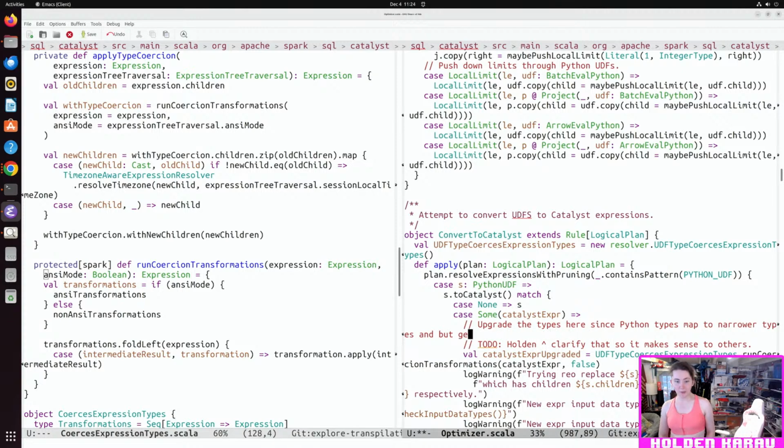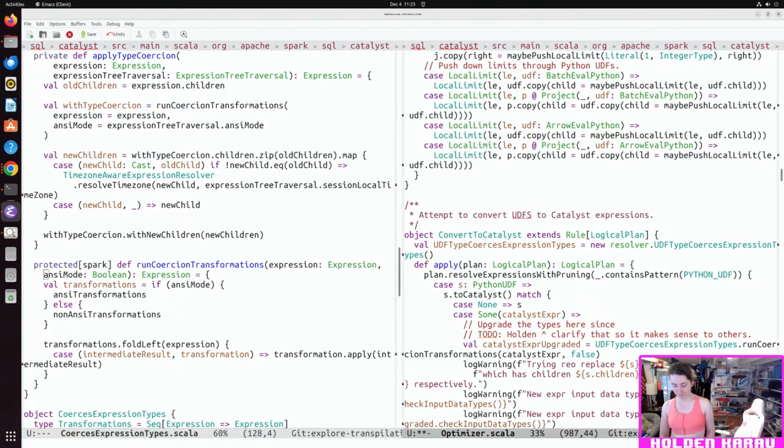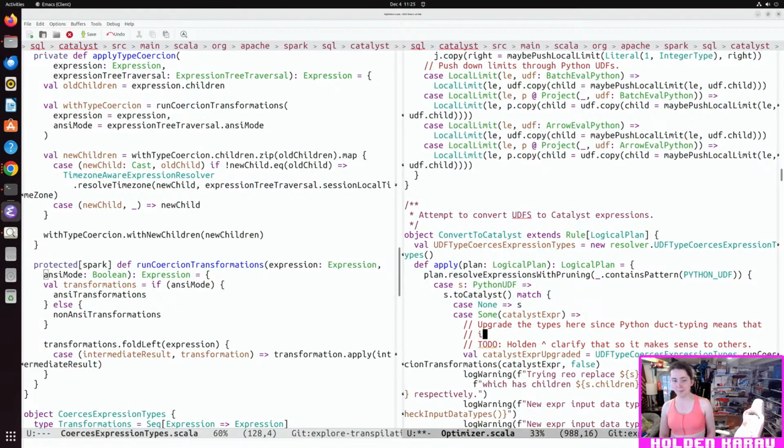But get implicitly, since Python, the type of a, since Python duck typing means that the types for Python, for example, four becomes L for.